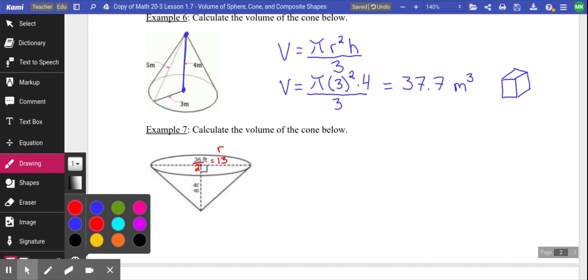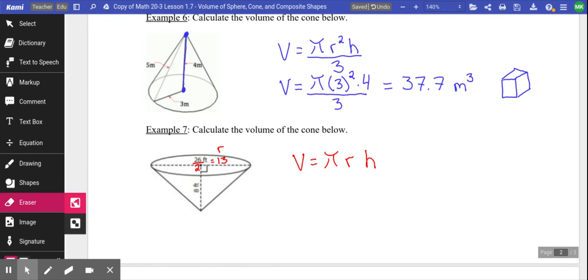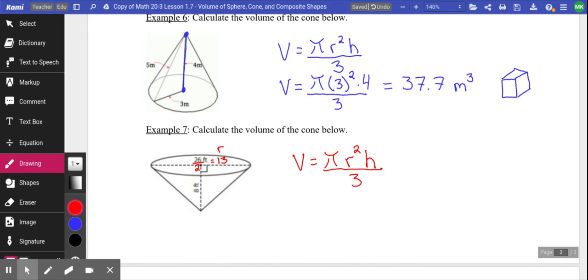Sometimes you got to alter it. Volume equals pi r squared h divided by 3. That's pi times 13 squared times the height of 8, divided by 3. If you put that in your calculator,